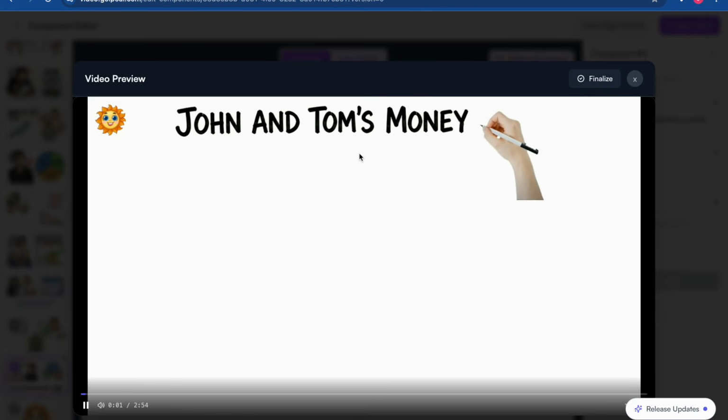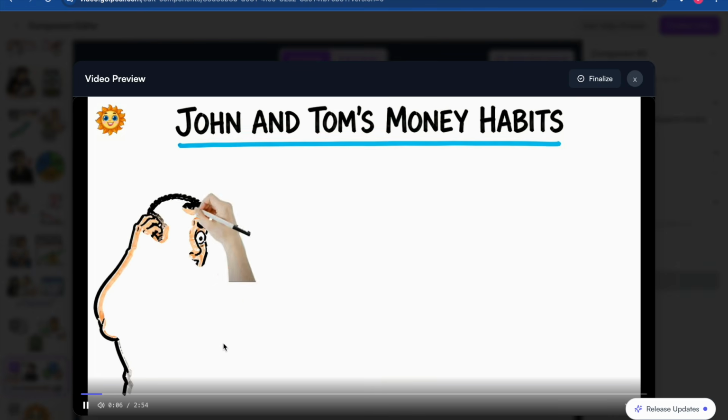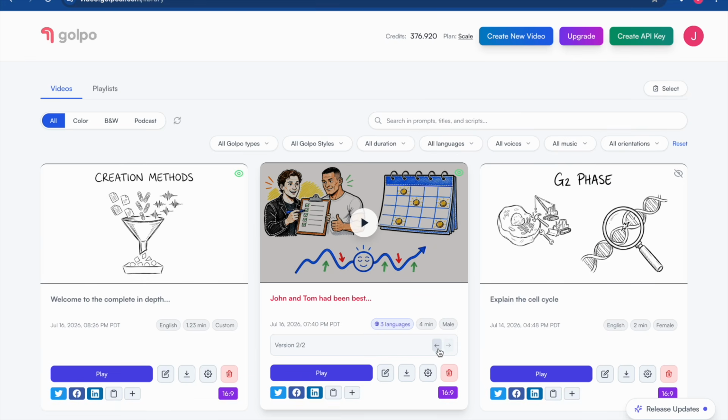John and Tom had been best friends since school, but they handled money very differently. John loved excitement. Once you finalize it, you can go back in here and you can always revert back to